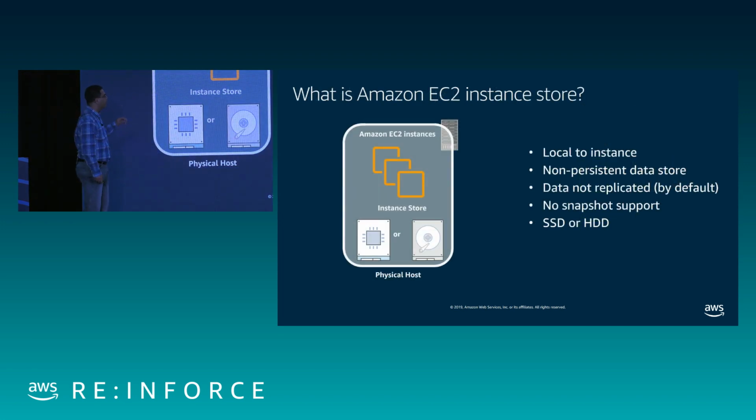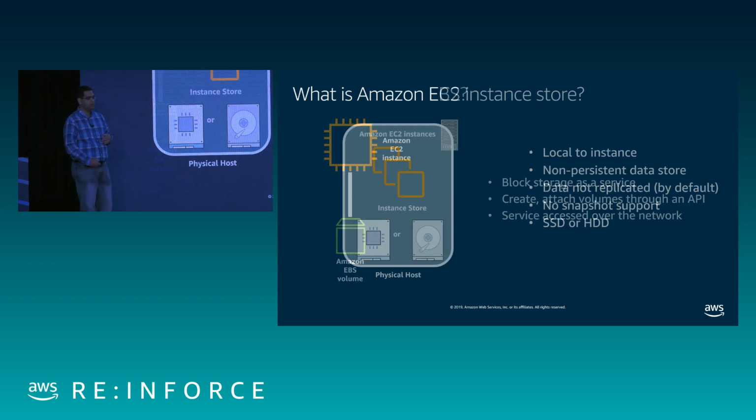So when you think of instance storage, this is either SSD or HDD. It is local to an instance, and the life cycle of the storage is coincident with that of the instance. Meaning, if you stop, start, or terminate that instance, your storage goes away. So we call it non-persistent data store. This data is not replicated by default, and you don't get snapshot support, right? So in other words, it is truly storage that is local to an instance. For our discussion today, as I'll cover later on, we'll focus on NVMe storage and NVMe instance storage and what